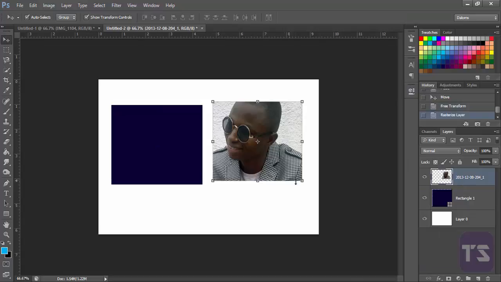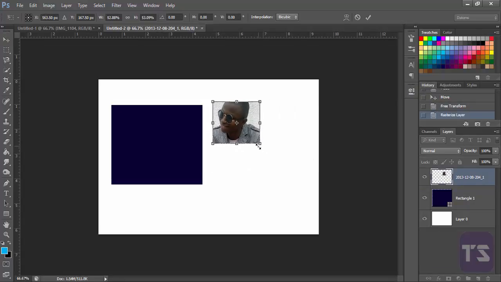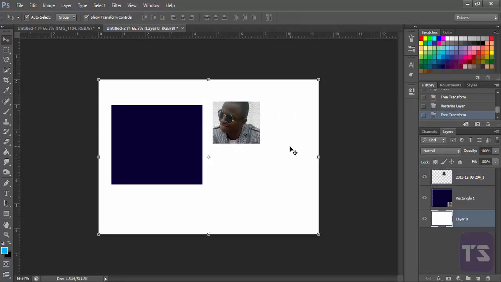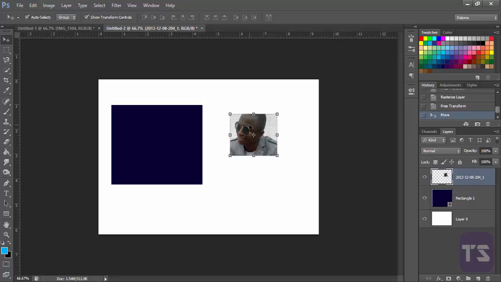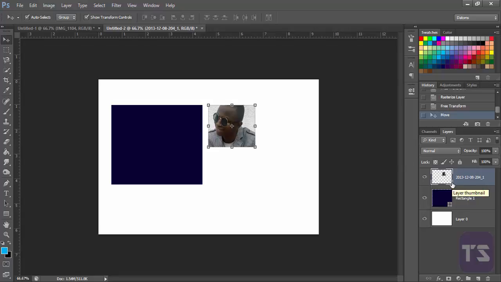Now when you rasterize it, any transform action you carry out on it becomes permanent, and as you transform it, it transforms both the image and the properties of the image. Okay, so I don't know if you understand what I'm trying to say, but maybe in other Photoshop courses we might talk about non-destructive editing, where we're going to treat more on smart objects and shape layers